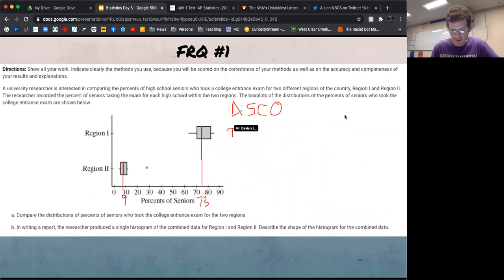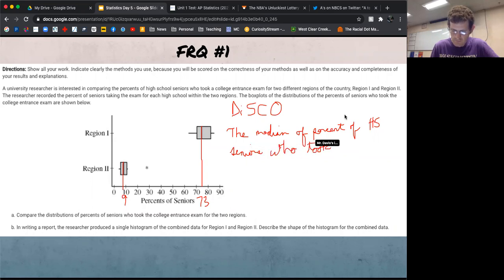I could say, and this is where you want to include the context, the median of percent of high school seniors who took the college entrance exam for Region 1, and I'll just say it's about 73%,